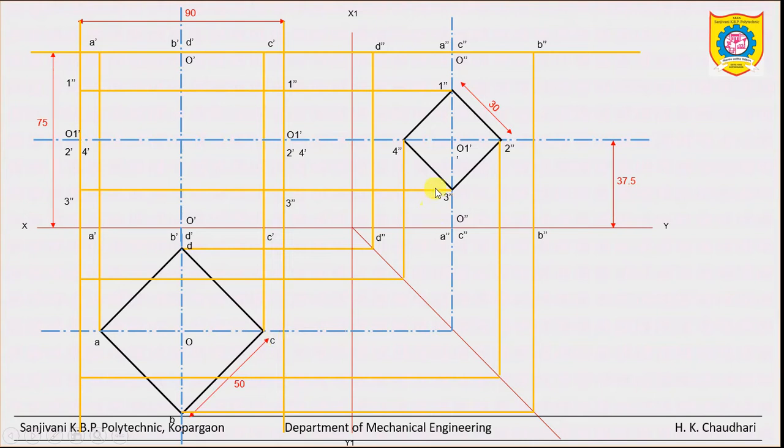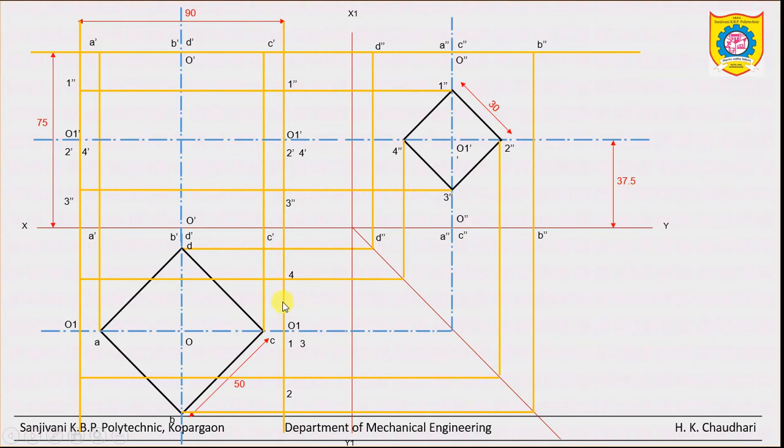Clear? And projection taken from this 1 dash, 1 double dash and 3 double dash, it is lying on this, and they cut the vertical edges A and C. Clear? So now to locate again the points on the faces, left and right faces in the top view, just first take axis, then point 1, 2, 3 and again 4. These are the respective points on the projection.